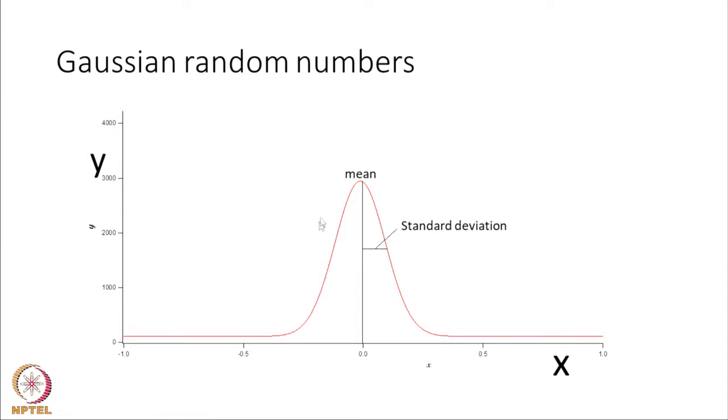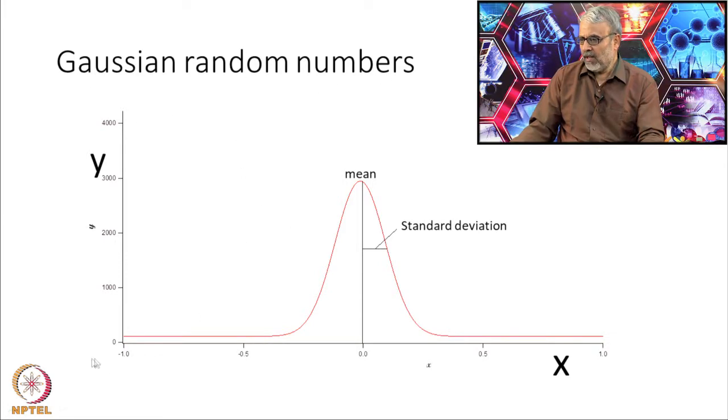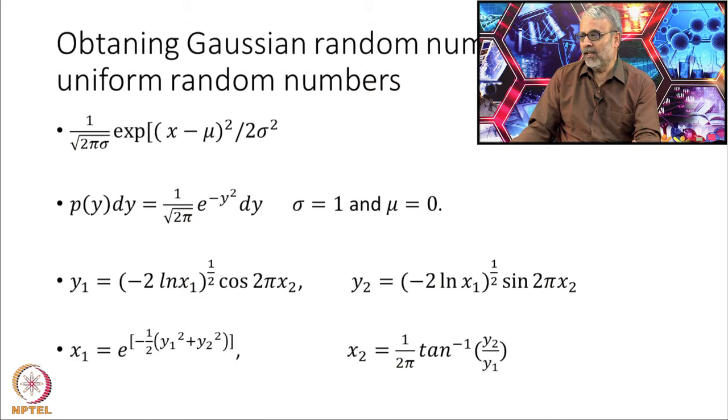Now, this is a different distribution. These are called Gaussian random numbers. These are distributed between some minus value to plus value. The range is quite wide, but they are all peaked around that mean, and this is the standard deviation. These are called Gaussian random numbers. I shall also tell you the algorithm to get this. You can study that in great detail. I will give you the algorithm to get Gaussian random numbers.